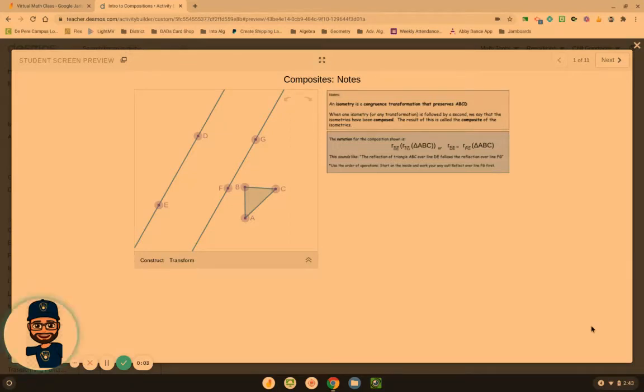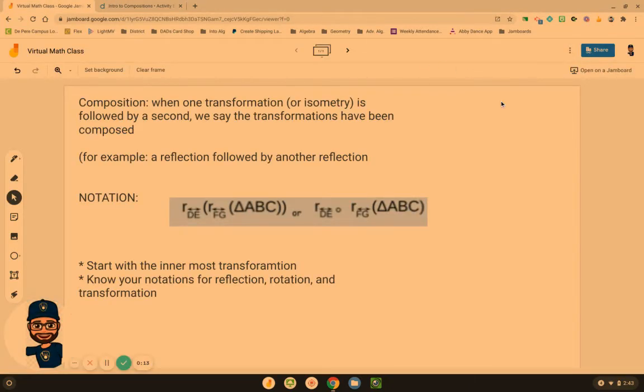Hello, geometry students, and welcome to your introduction video today on compositions, as we look at how to use Desmos in compositions. I'm going to hop back and forth just a little bit, but a composition is really taking these